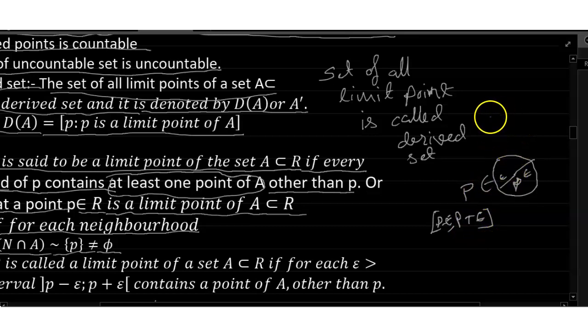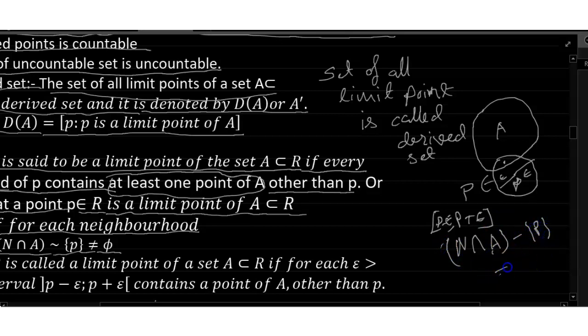And if this is my set A, and you get at least one point, suppose one point of A which is not P belongs to A. So the formula is the intersection of A minus P does not equal phi. This is the limit point formula, because you see there is at least one point. Suppose this point is x0. This x0 is called a limit point